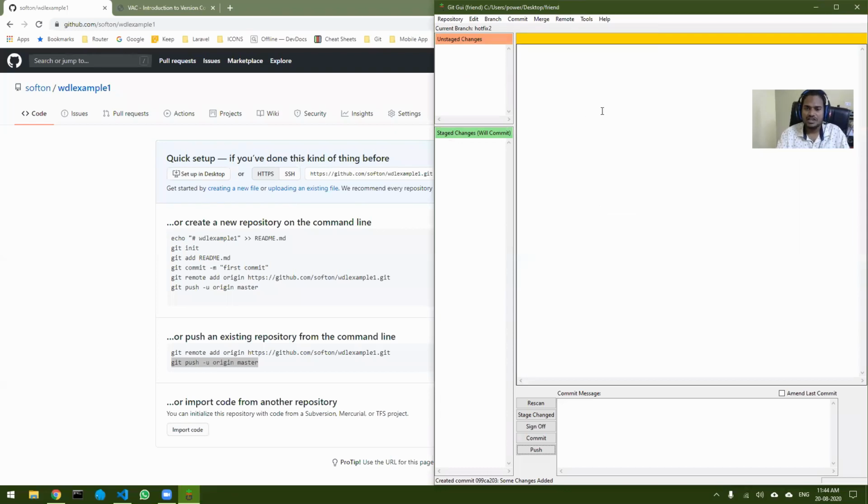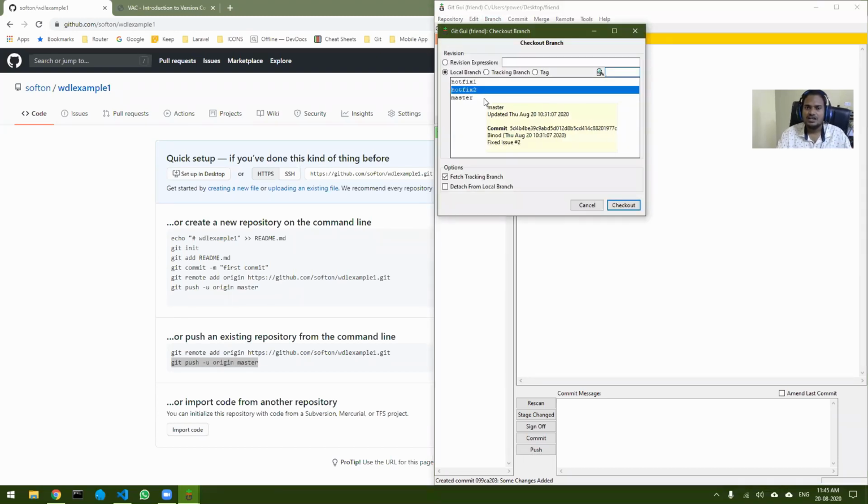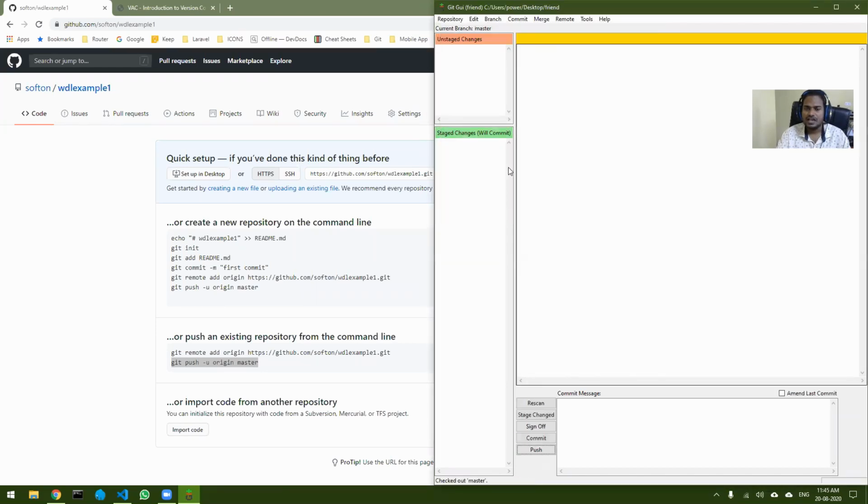So how to change the branch from the GUI? We know how to change it from the command line, right? If you want to change the branch from the GUI, you can see from here that the current branch is hotfix 2. So you can click on branch and click on checkout. These are the same commands that we have seen through the command line, only it is giving you the GUI version of the same things. Now just click on checkout, and the current branch is master.